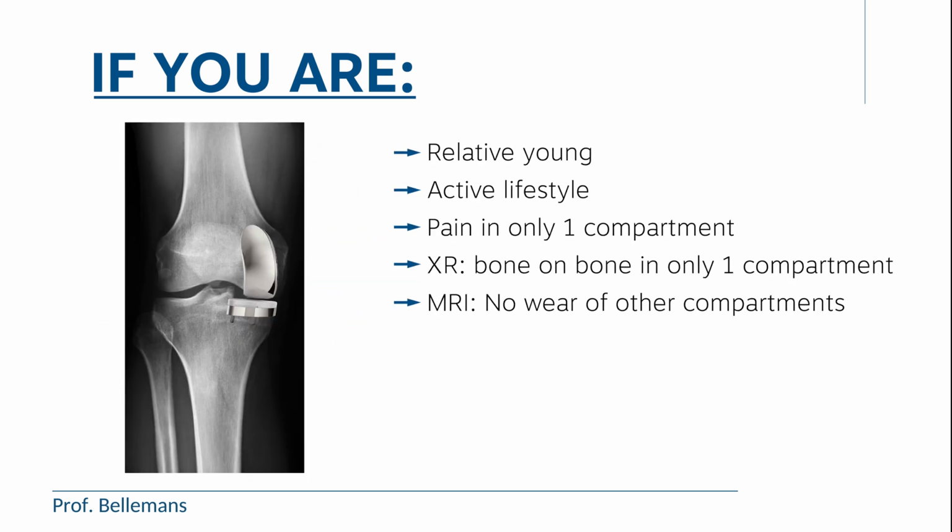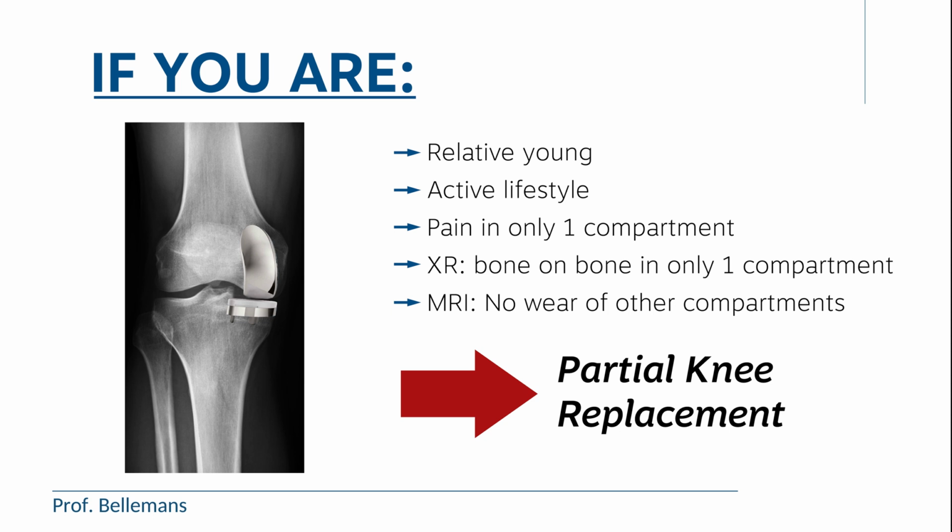And my advice is clear: go for partial knee replacement. This will give you the best functionality. And if after 15 or 20 years the prosthesis loosens or the rest of the knee degenerates and becomes painful, you can have a relatively easy conversion to a total knee prosthesis